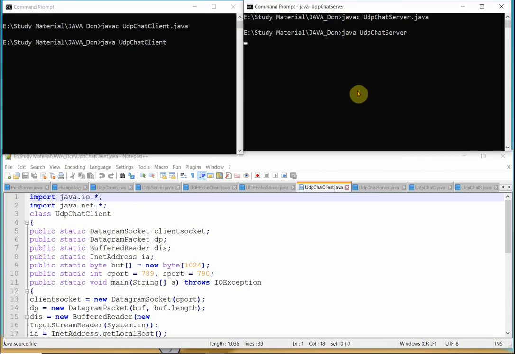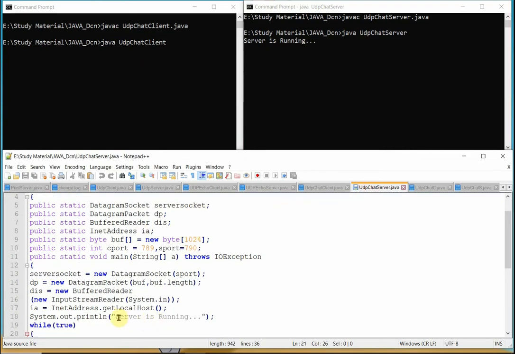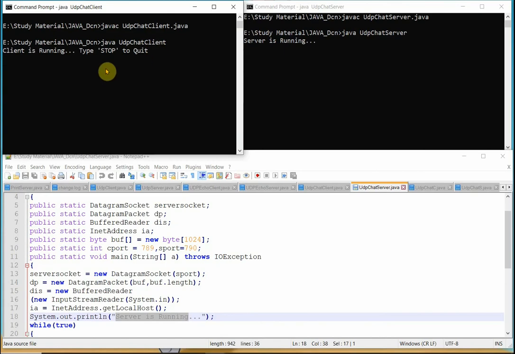First I want to run this server by giving enter. It says server is running. This we can see in the program, server is running. As soon as we run this program, we can see the file name here. Okay, we'll chat with the server.